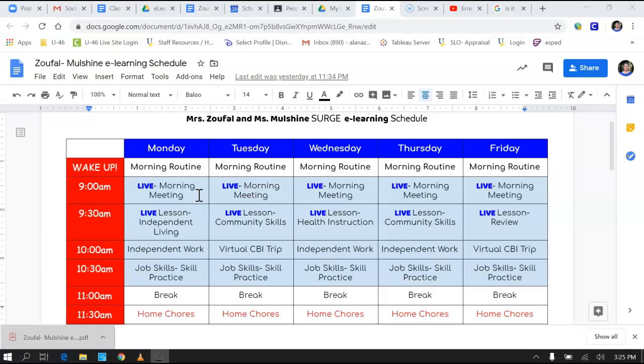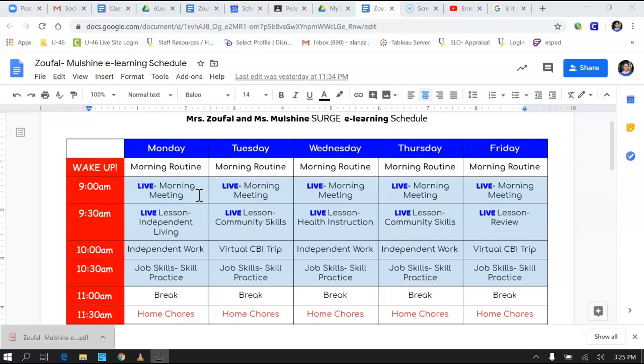All right, so 9 a.m. every morning, we will be doing morning meeting, and we might have a little guest teacher to assist us. Baby Mila is going to be supporting us during morning meeting. At 9:30, you will stay on that Zoom, the same class you were in for morning meeting, and we will be doing different lessons for you.